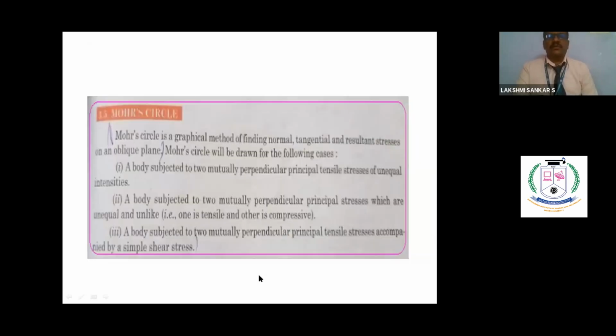And what is Mohr circle? Mohr circle is a graphical method of finding tangential, normal, resultant stresses, right? So different conditions are there for Mohr circle. It is a graphical method. Same workout idea, whatever we have done earlier with respect to the formula, we are able to get the values. Here the difference will be the angle, all angles will come twice with respect to Mohr circle. It is also interesting to learn.